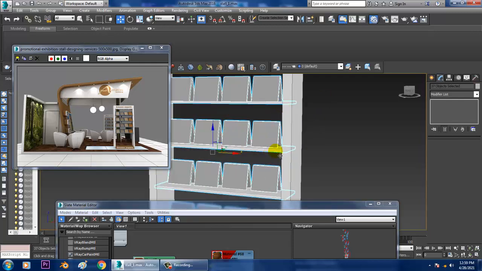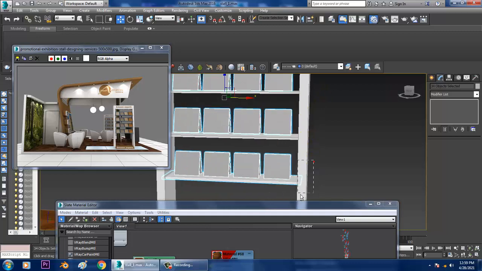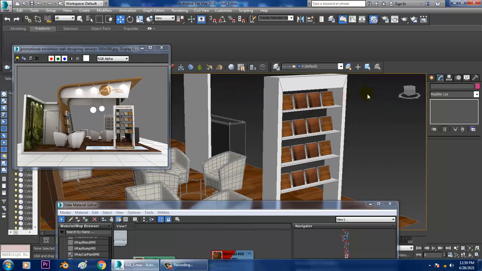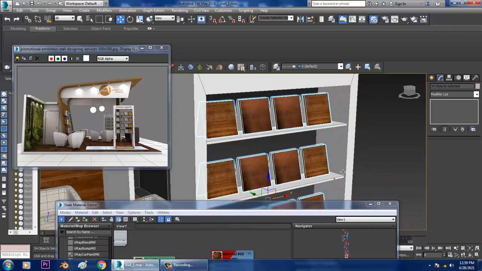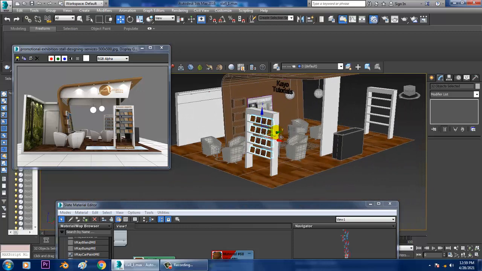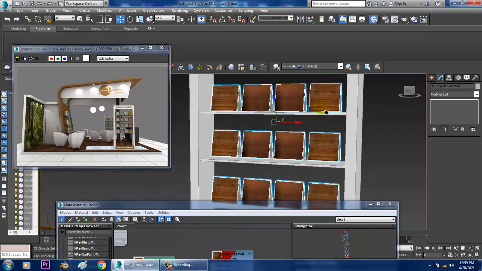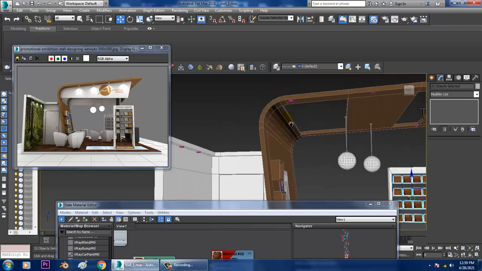So let's just exclude this also, and just delete that and select this whole thing, excluding this part, and press shift and drag it over here. All that's not visible from the back side, we'll be just keeping it in the right way.